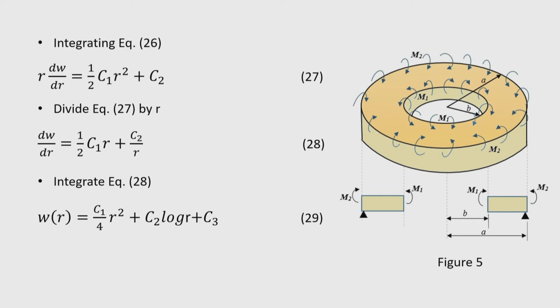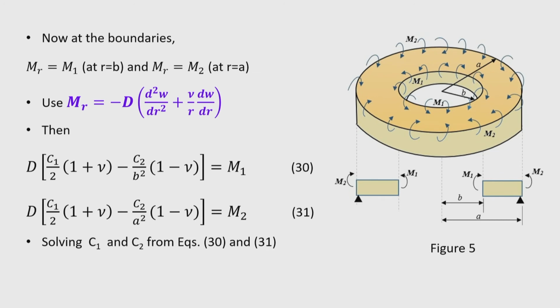So, at r equal to 0, there is no question of any stress resultant or deflection, because no material is there. So, this expression w(r) equal to C1 by 4 r square plus C2 log r plus C3 is valid only for the region r between b and a. So, only in this region it is valid. So, we can keep all the terms, C1, C2, C3, which are important to find the boundary conditions and the deflection of the plate.